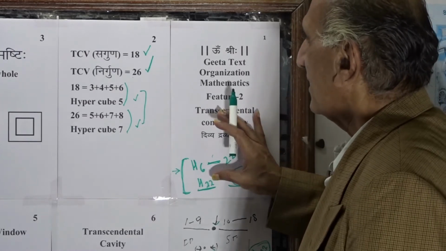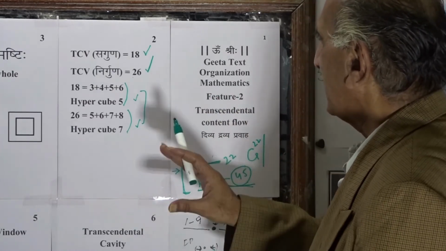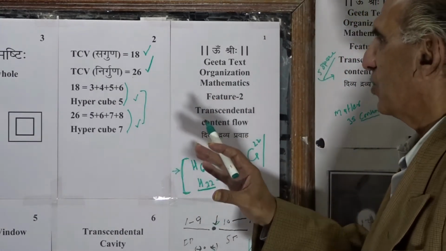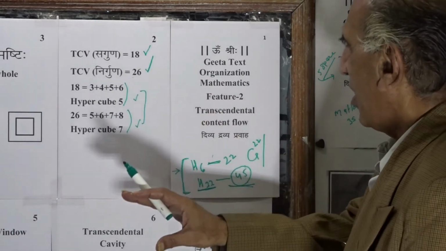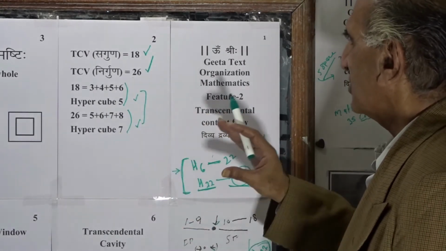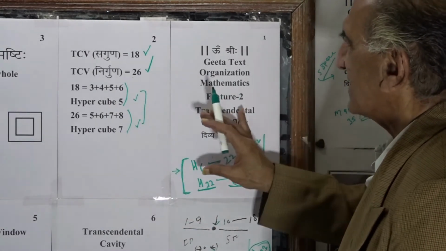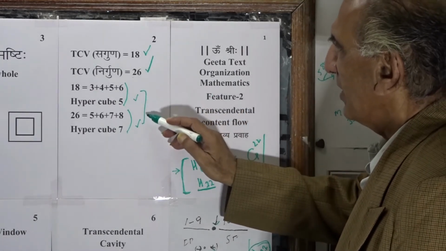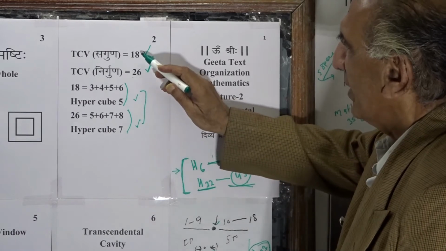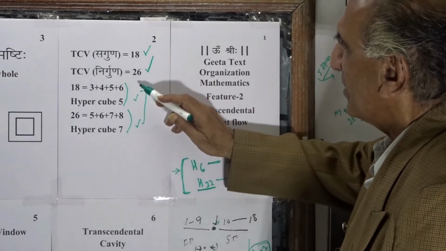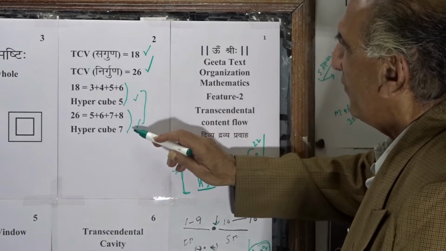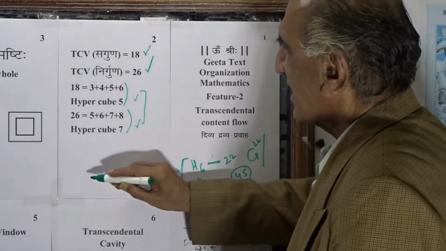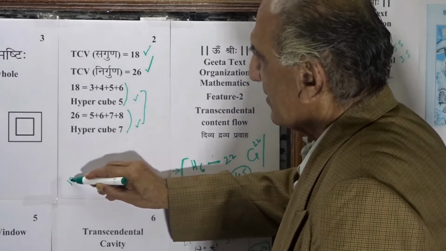The discipline, the domain value, the content, the enlightenment, the mathematics, technologies of the text of Srimad Bhagavad Gita as such are of dual expression, simultaneous dual expression as Sagun, hypercube 5 format, and as Nirgun of hypercube 7 format. Values 18 and 26 deserve to be